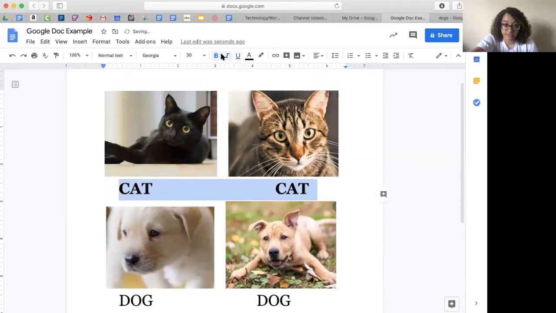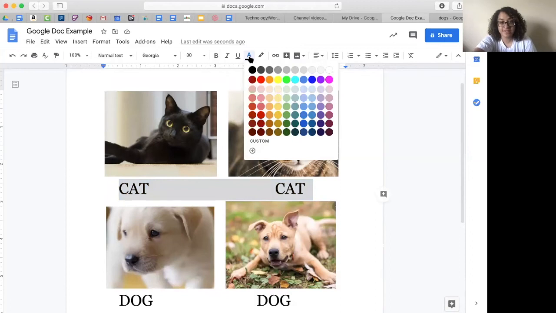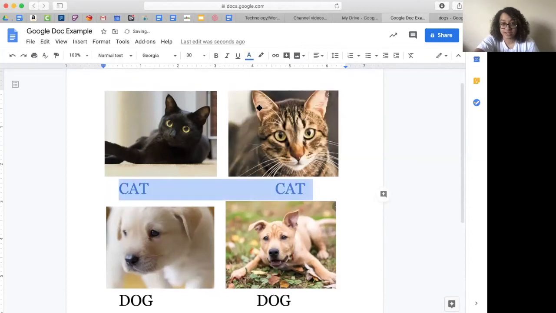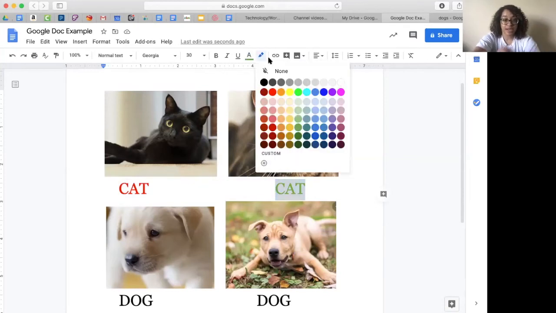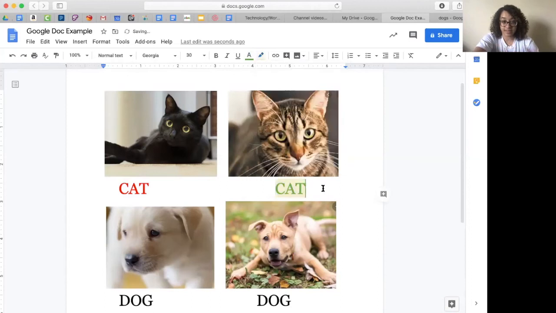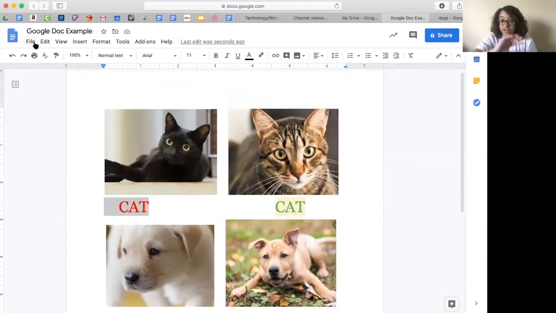Cool. So those are just the baseline ones. They're in the middle of the toolbar. Those do like you want it to be thicker. If you click on text color, you can change your font to any color. So I just made mine blue. And then if I wanted to highlight, which just surrounds it, so I could do a yellow highlight on a green word. If you want to change the landscape, you would go File,